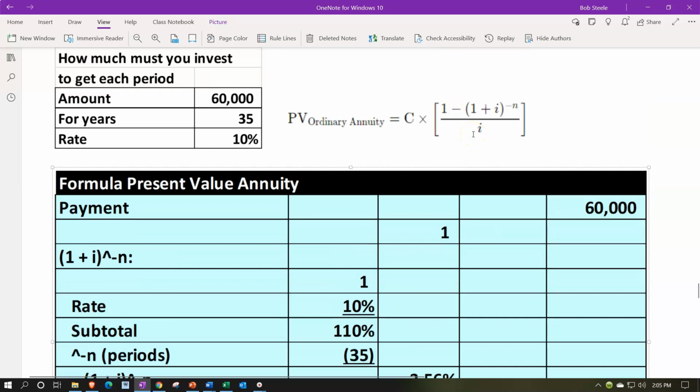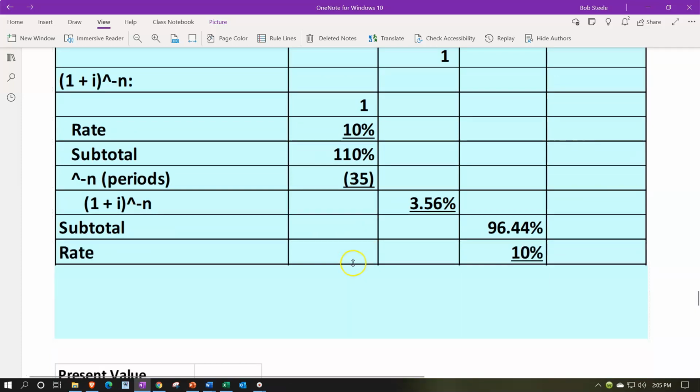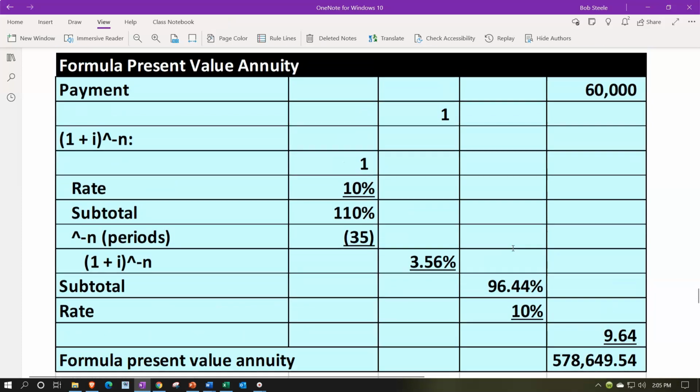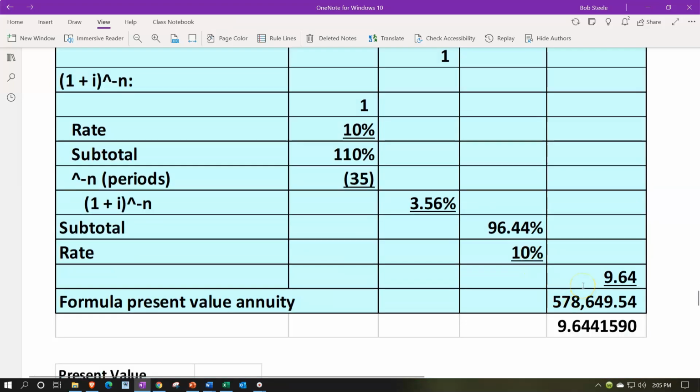Now let's take a look at the denominator, which is i, or the rate, 10%. So we'll take that 10%, and now we've got the numerator and the denominator as numbers. When we divide them, we're taking the 96.44 divided by the 10%, which gives us about 9.64. Note, be careful of the decimals and whatnot, converting from decimals to percents. And then we've got the 60,000 times this 9.64, which gives us